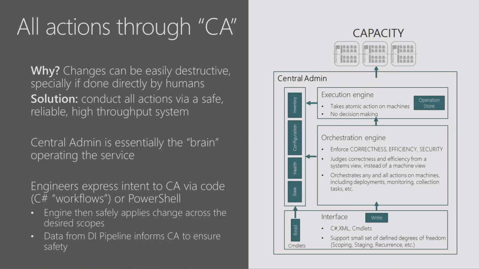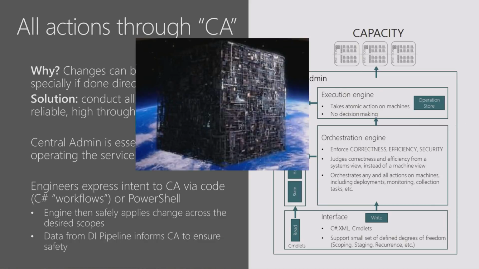We do this by ensuring that the orchestration of these actions are themselves robust, along with the workflows themselves. In fact, everything is forced to become code, which then allows us to test it, verify it, and also validate it with other workflows, all within a central place called central admin. This is how we protect the service, the user data, and essentially prevent accidents that our engineers may accidentally do in terms of harming the service. Of course, like I said in my earlier comment, what most engineers don't realize is there's a greater central authority at play.